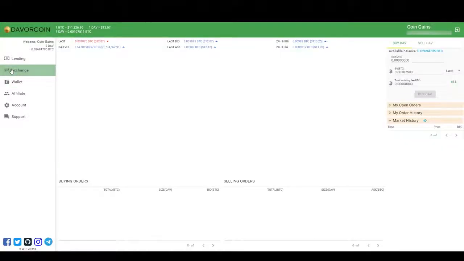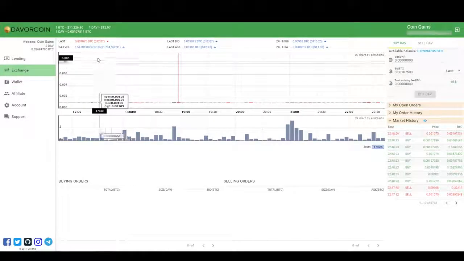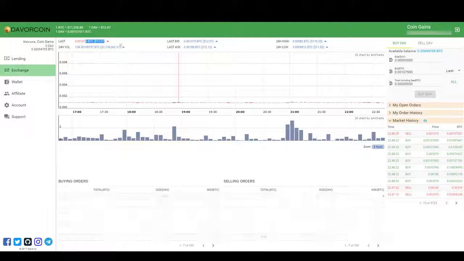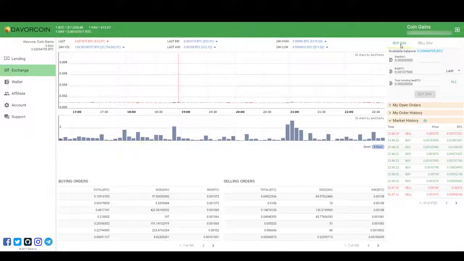Alright, so after you've got some confirmations, you can go to the exchange, and just looking at it, it's about $12 at the moment. Now you're going to have to buy from the internal exchange. DAVOR is going to have an external exchange in the future, but that's not quite available. So you can look at the buy and sell orders. I'm going to go to the last, so that's at